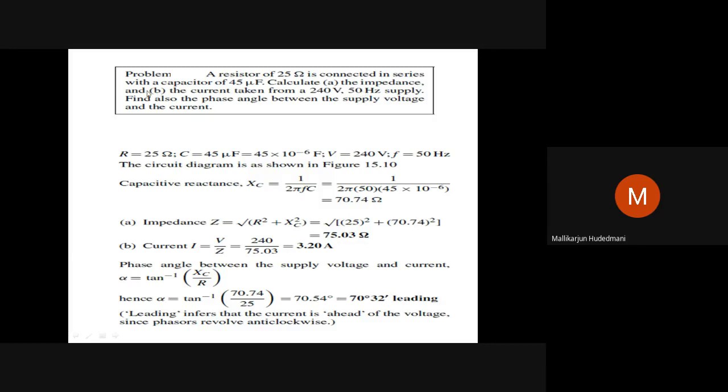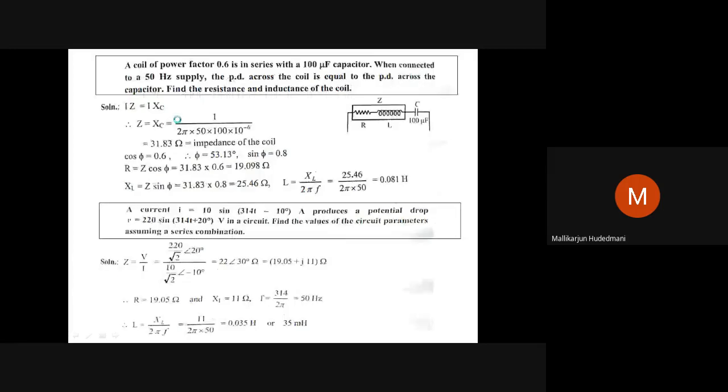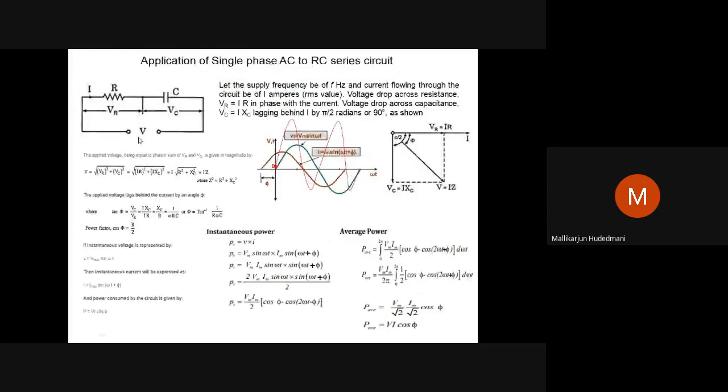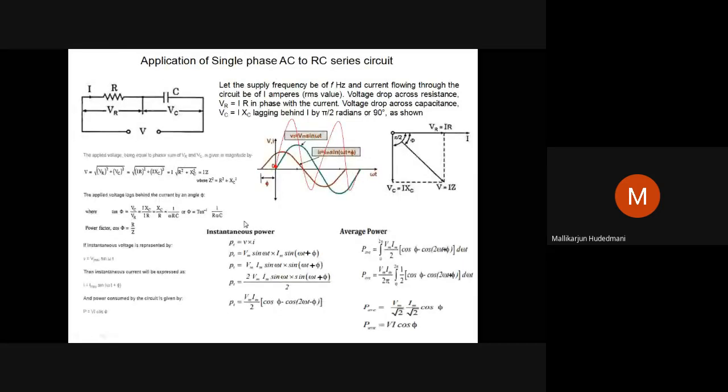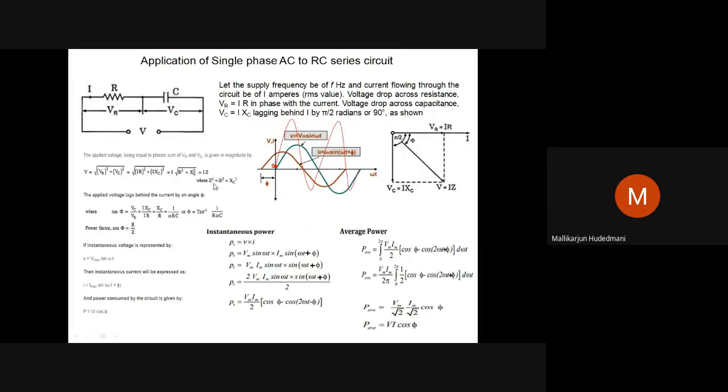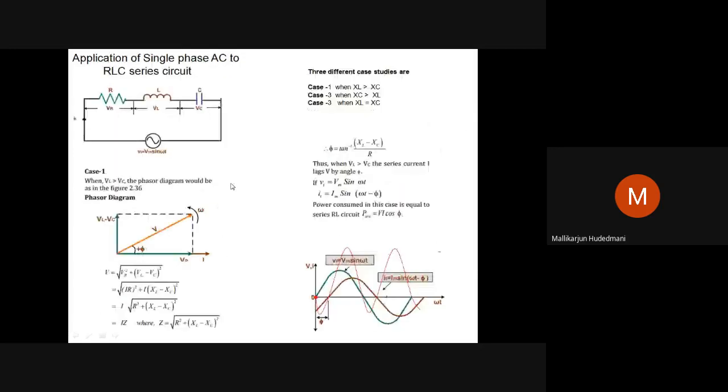So find the impedance. Now in case of an RC series circuit, what is the impedance? I take you back to the derivations. What is an RC circuit? R and C connected to an alternating source of energy. You can just see here. What is impedance at that time? Impedance is the square root of R square plus XC square, nothing but impedance Z. So this XC you have to determine. XC is what? Capacitive reactance. So using this knowledge, we can solve this problem. I come back to this problem.